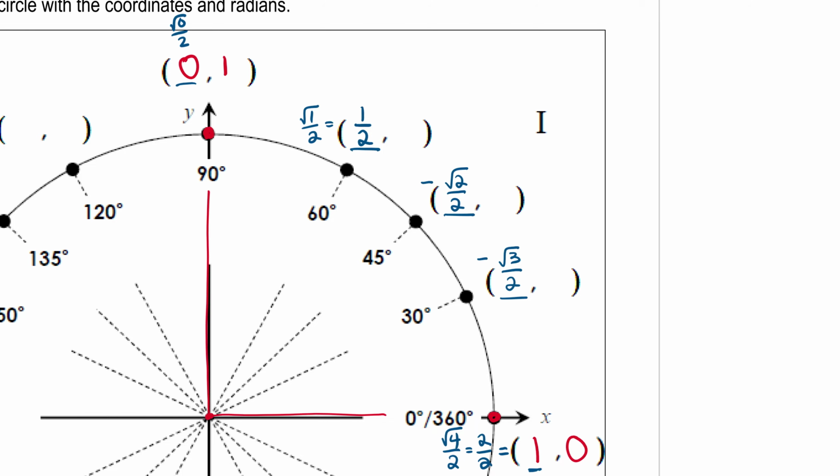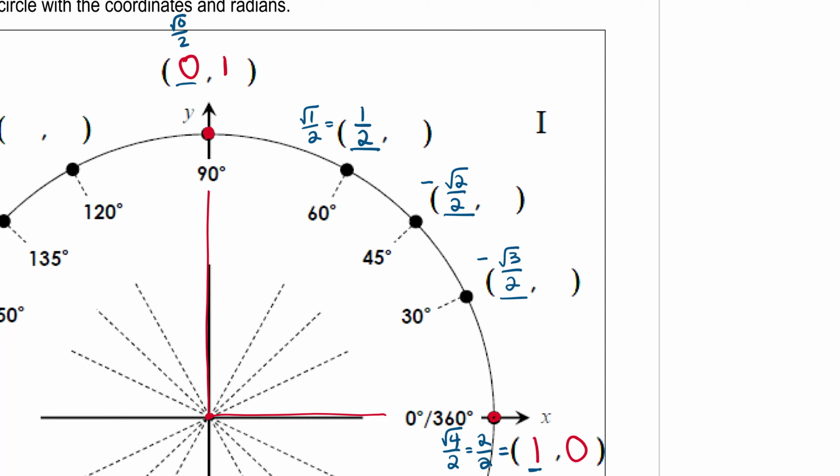So either way you want to think about it, you can start at 0 and then go 1, 2, 3, and then square root 2, square root 3. Or I can start at 1 and go down, 3, 2, 1. Okay? Now, notice how earlier I said on the 0 degrees and 90 degrees, I have 1, 0, and they